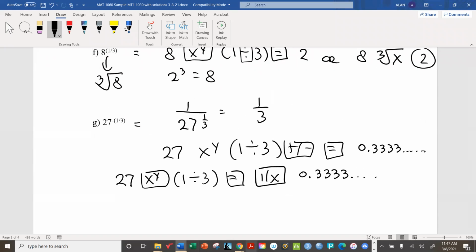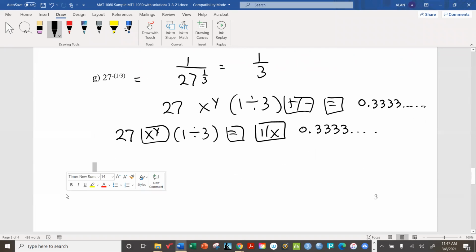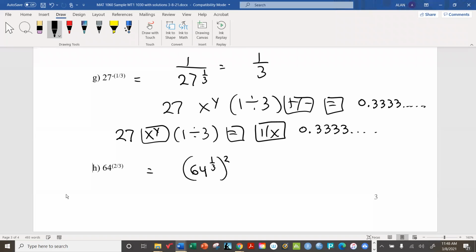And then finally, we have one more, maybe one of the more challenging ones, which is 64 to the 2/3 power. Ooh, look at that one. Now, what you could do is first just recognize what this actually means. And now, based on the power rule, you can see that this must equal 64 to the 2/3, because you would just multiply 2 times 1/3 to get to this result here. But the nice thing about this setup is that you can take the cube root of 64 first, which turns out to be 4. And look how easy that turned out to be.